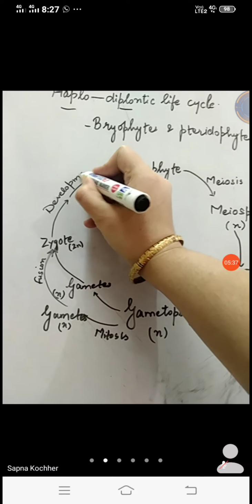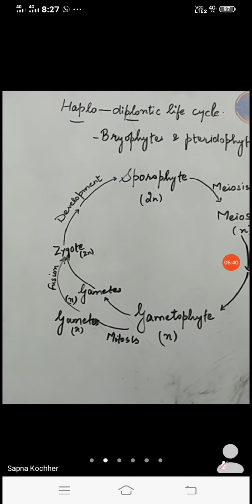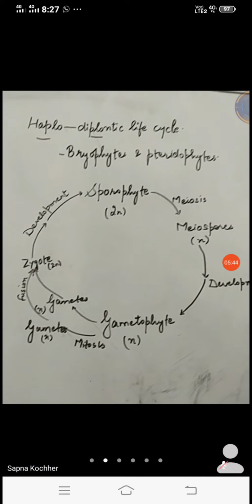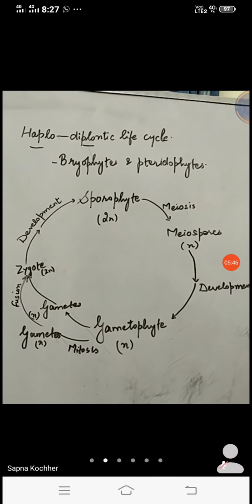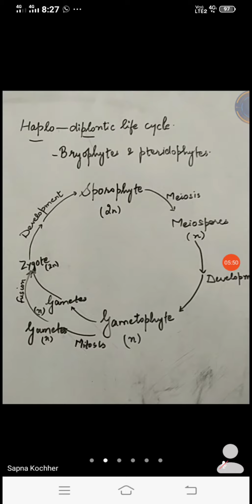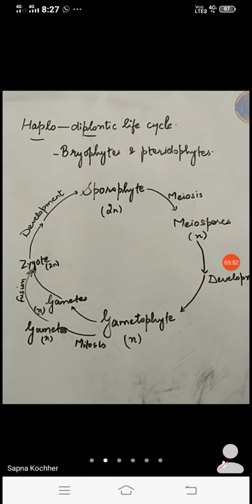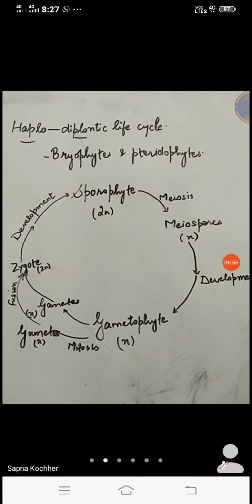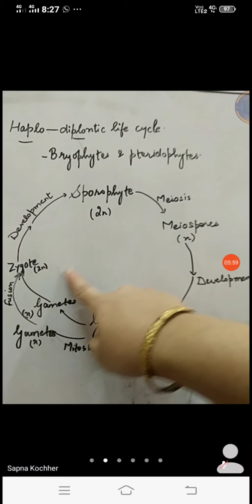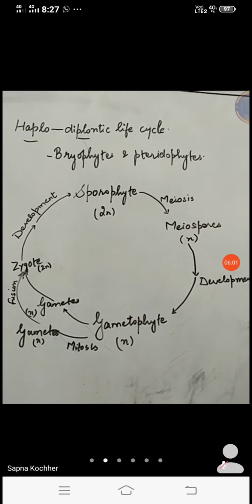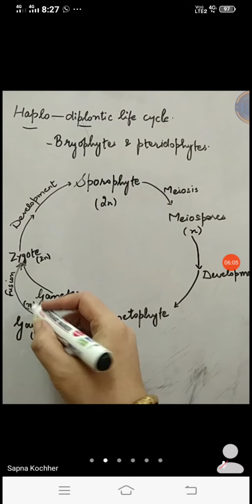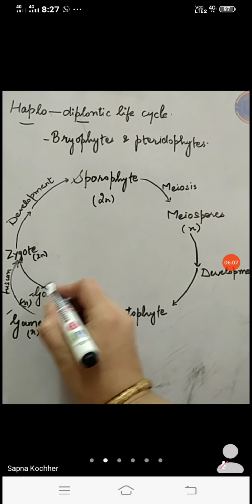Again, you can list the various changes in this development if you know about these changes in the bryophytes or the pteridophytes in detail. Otherwise, it is okay to write the developmental changes from the zygote. Clear? So here we see that this is a 2n phase, and until meiosis it was all 2n phase. Before the formation of the gametes also, it was all 2n phase, and after the fusion also, it was a 2n phase.